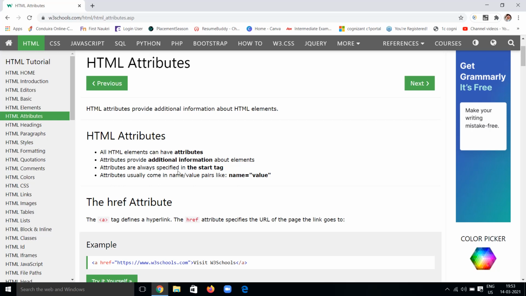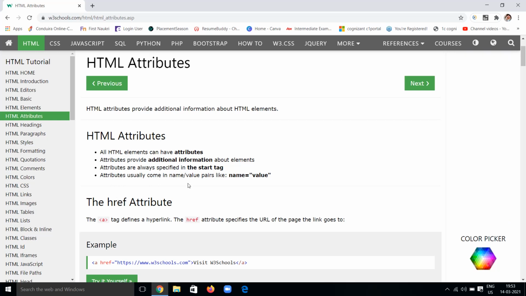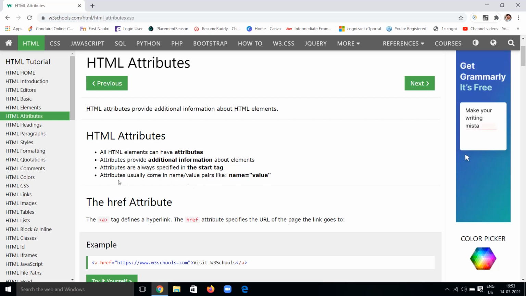For example, we have the a tag, which is the hyperlink. Attributes usually come in name and value pairs, like name equals value. The syntax is like this: name equals value, where the value is what will be assigned to that attribute name.